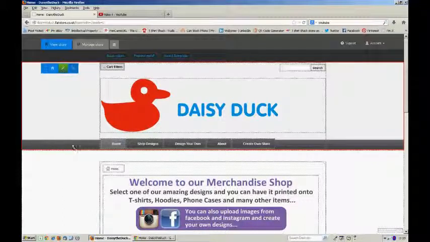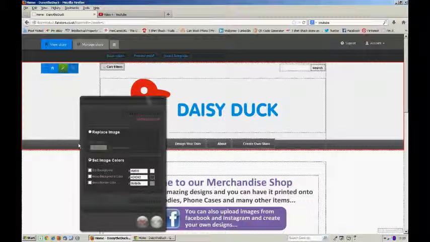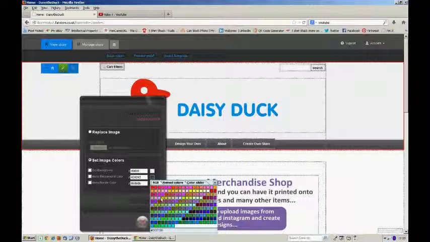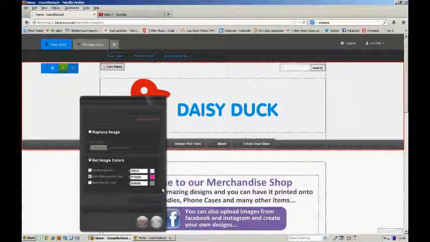So for example, if we were to click on this bar here, some image options have appeared, and it's telling us that the background color, which is of the menu, which is currently dark grey. If we were to click on that, we can choose one of these other colors. So if we decide we wanted a pink theme running through our shop, if we click that pink there, click the tick,